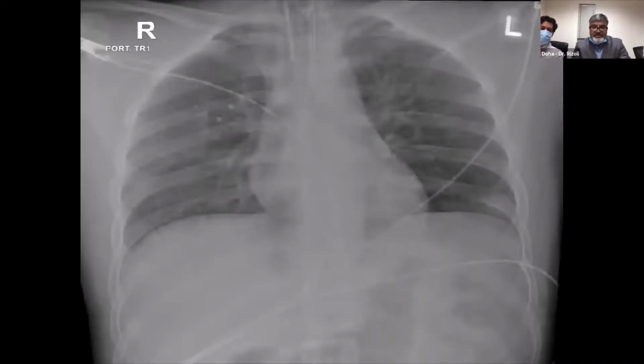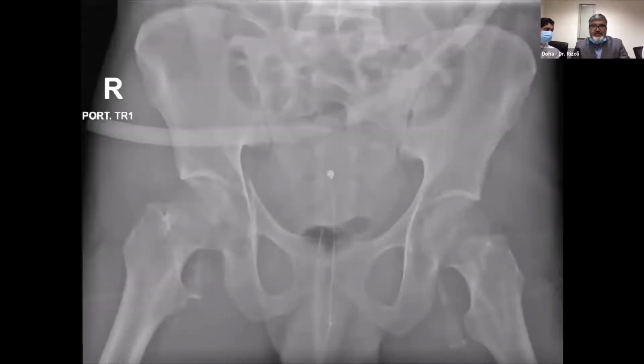This is the initial chest X-ray of the patient after we intubated him. It shows the tube in place, nothing abnormal in the chest. The bones don't appear to be broken, and the spine appears to be aligned. There is no abnormal cardiovascular presentation on the X-ray. The pelvic X-ray showed that there was a right acetabular fracture, some distortions in the sacrum.